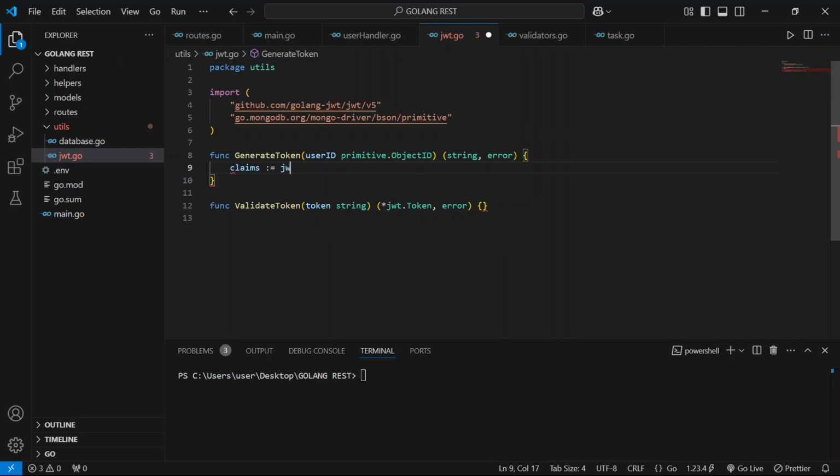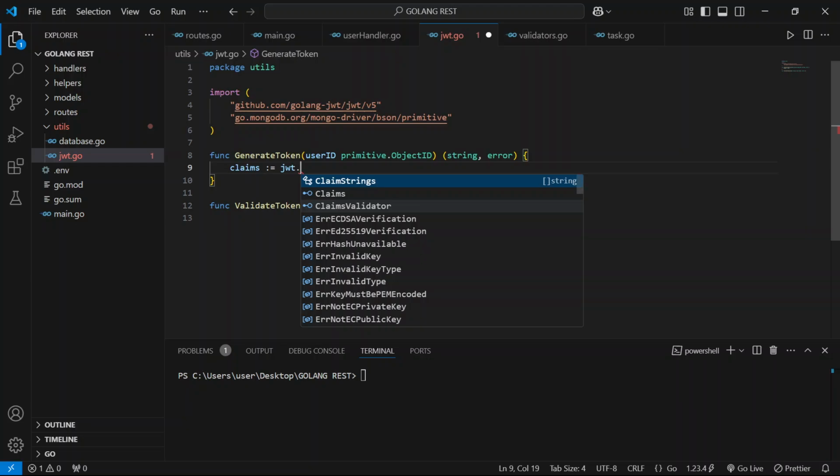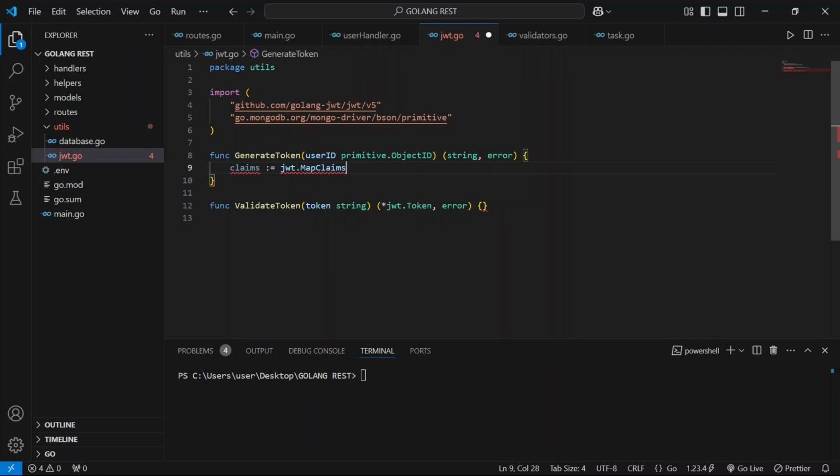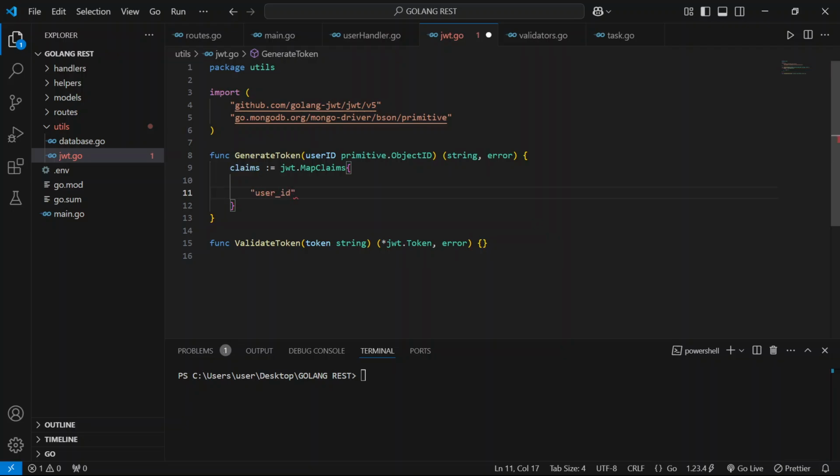It's going to be jwt.MapClaims. Okay, here we're just going to supply the user_id, which is going to be the user ID,